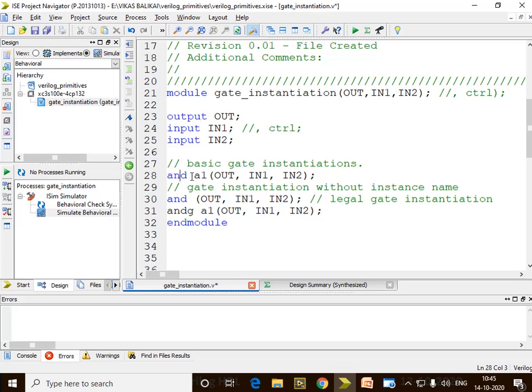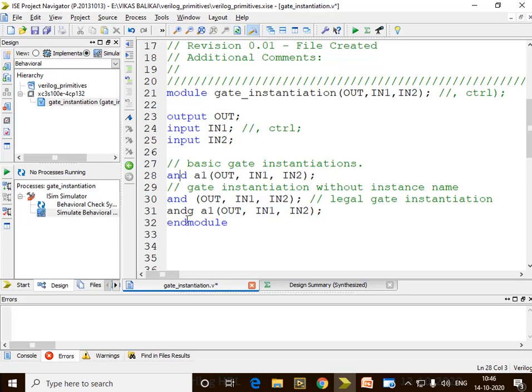Now, as you can see here, the moment you mention and, the simulation window or the tool is taking it in the form of blue colored wording. In the sense, as you know, all the terms that are mentioned in blue color are your keywords, and the moment I say keywords, they are predefined words. And when I say any gate is a keyword, which means any gate is predefined, then I call it a predefined gate. So the moment you write and, or, nor, xor as it is, it will be shown in blue color, and that means they are predefined gates.